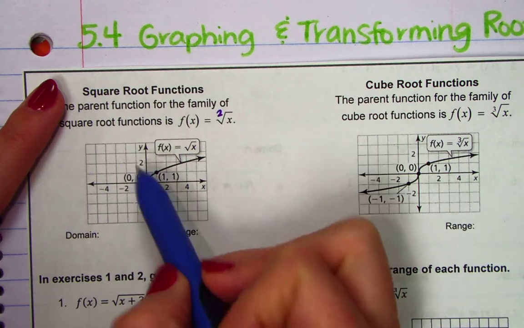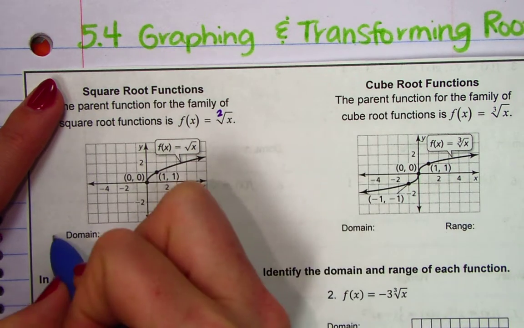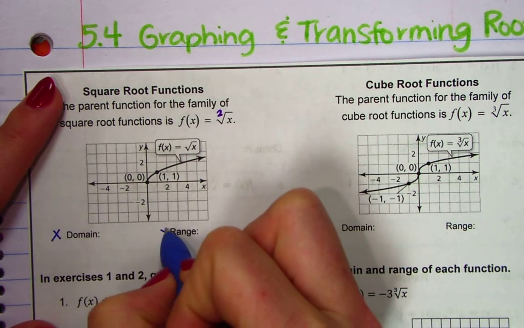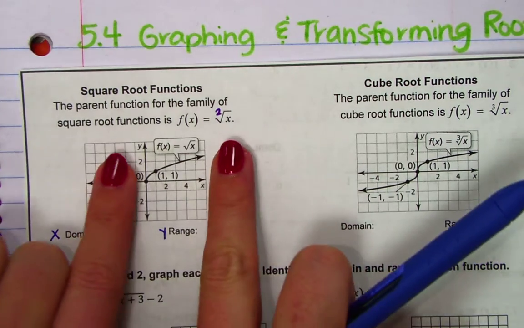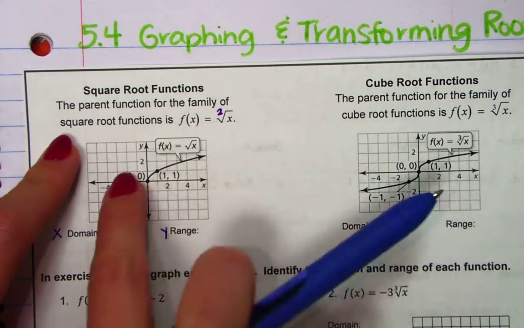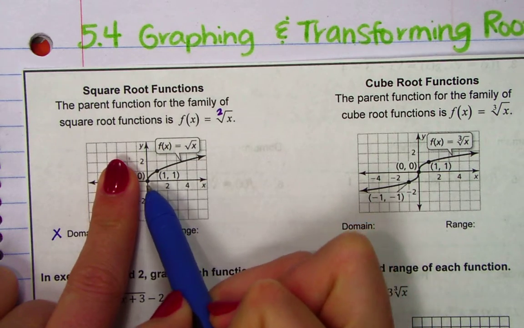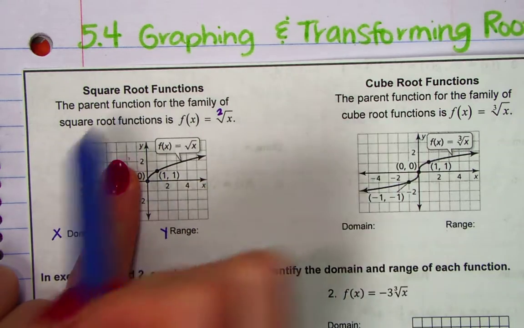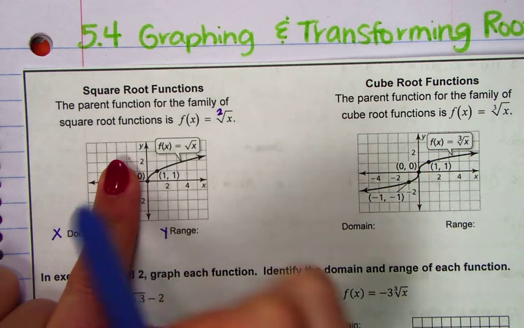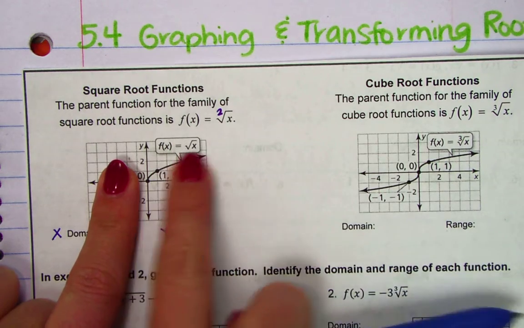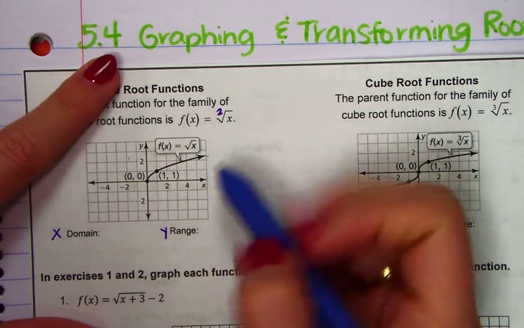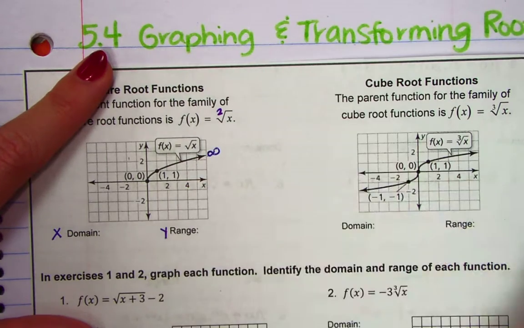On square root functions, it starts at 0. Remember, domain is x and range is y. So if we're looking at the x values, okay, just going left to right, okay, well, where does it start? It starts at 0, right? And there's nothing negative, so there's no negative numbers in the domain. And it's going to the right. What does this arrow mean? Remember, the arrow means infinity, okay? It's going on for